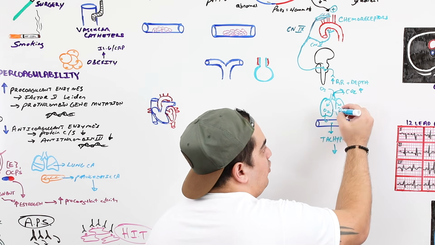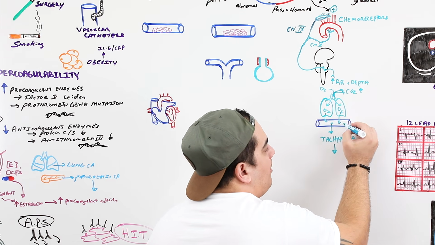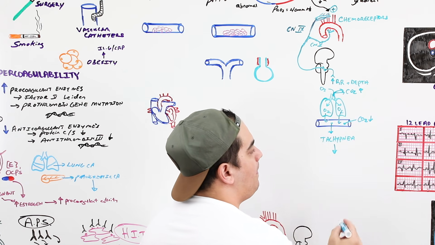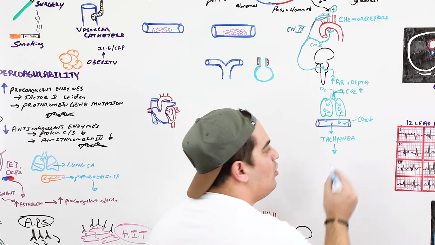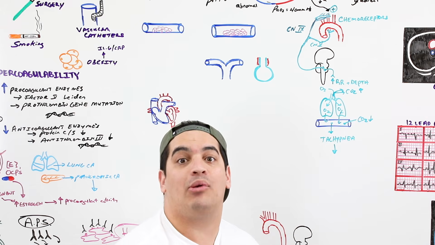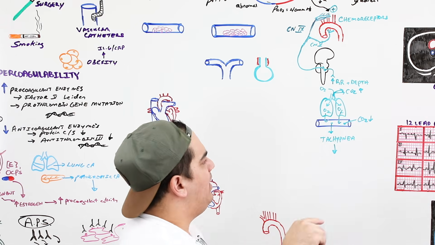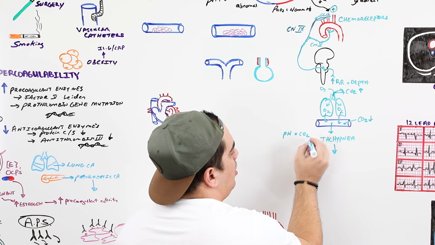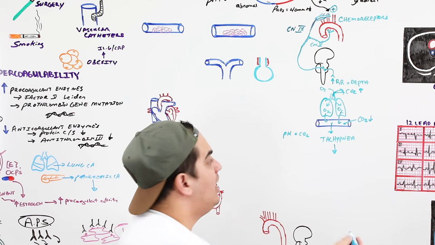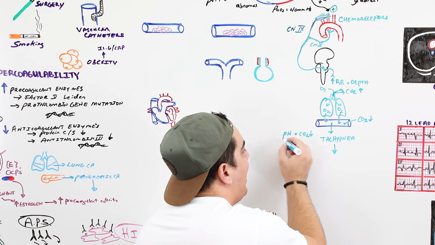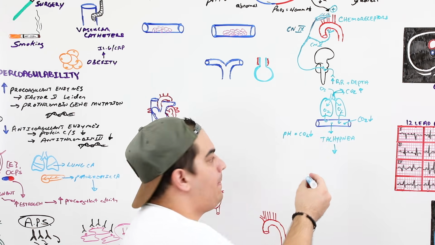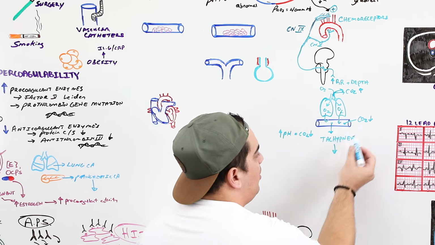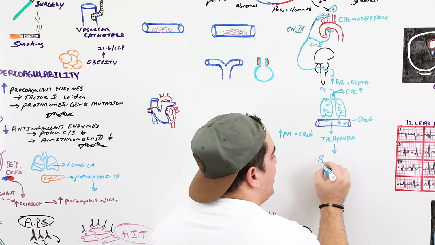So what happens is, if you get rid of more CO2, what happens to the CO2 levels in the blood? The CO2 levels in the blood go down. What is that called when the CO2 levels in the blood go down? Hypocapnia. What happens to the pH? You guys remember pH and CO2? What's the kind of relationship between these? If CO2 goes down, it should be inverse for pH, right? pH should go up. So, as a result, you can develop what's called a respiratory